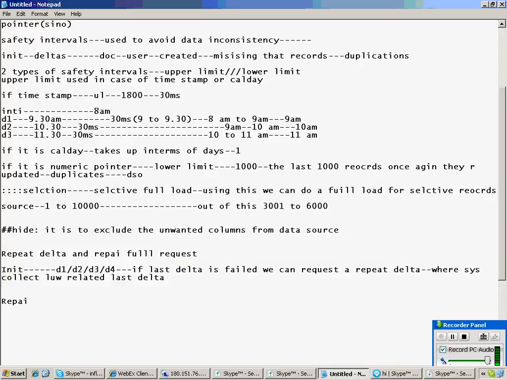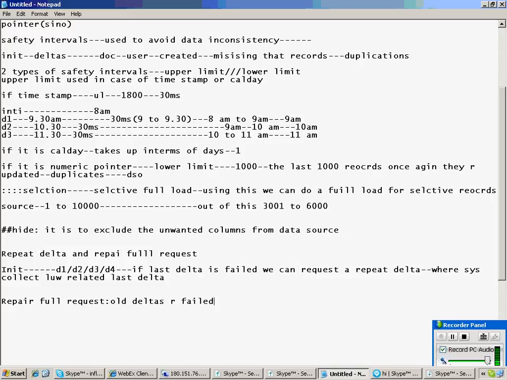Then there is something called repair full request. What is this repair full request? See, assume that delta 2 is failed, whole deltas are failed.